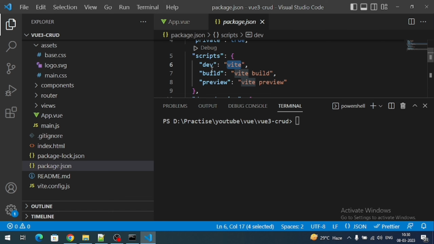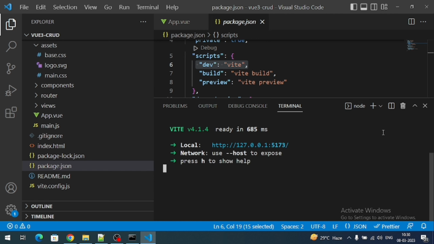To run this dev command, you have to type npm run and the command, here in my case it is dev. If I enter, it will automatically run our Vue.js application under some local port number. Here it is 5173. If I copy this